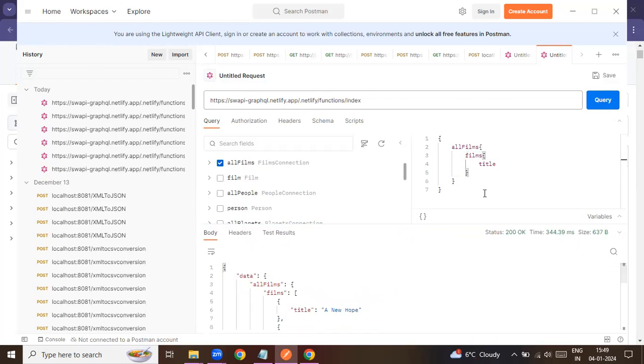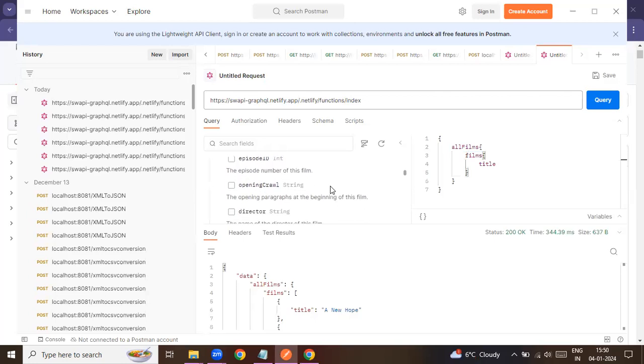So if you assume that you are doing a query, first you need to use REST. In order to query the data, you do a GET request for get films, and in that you need to pass one more request. Then in the query, you can just send these details and you will get all the required details. Like I need